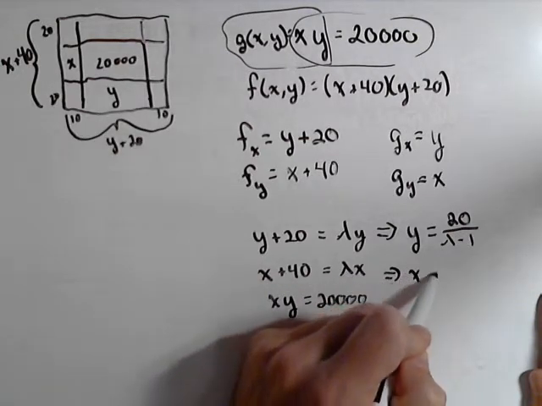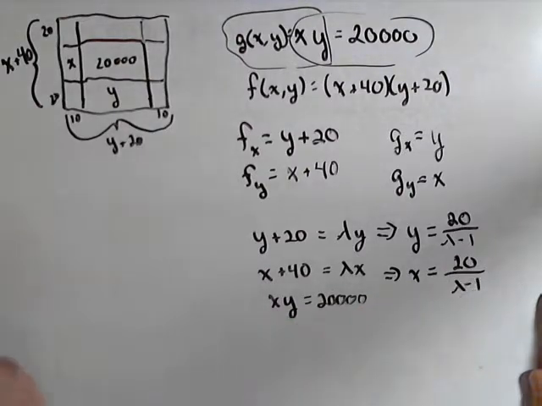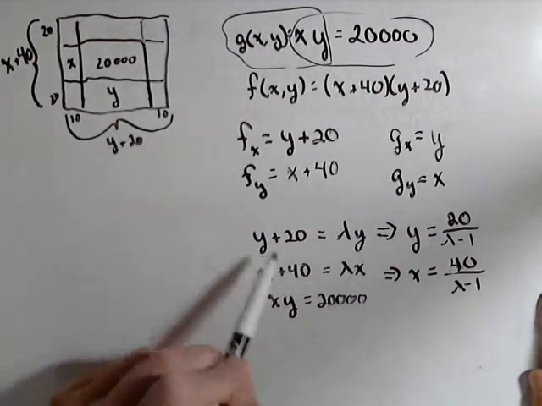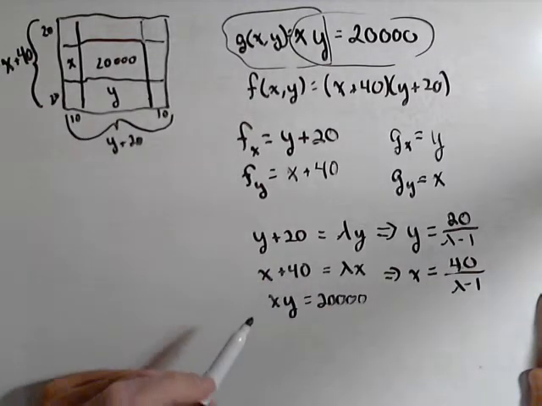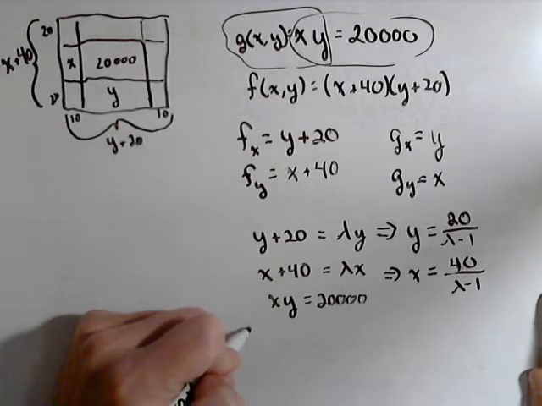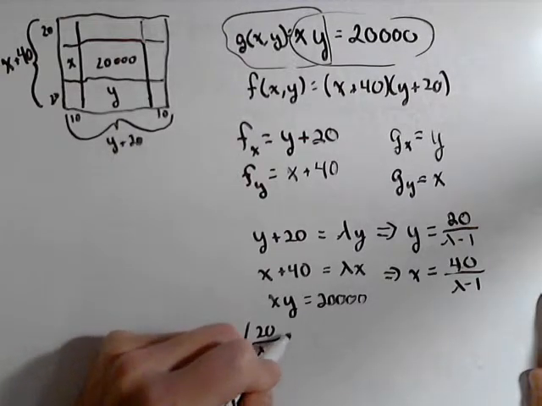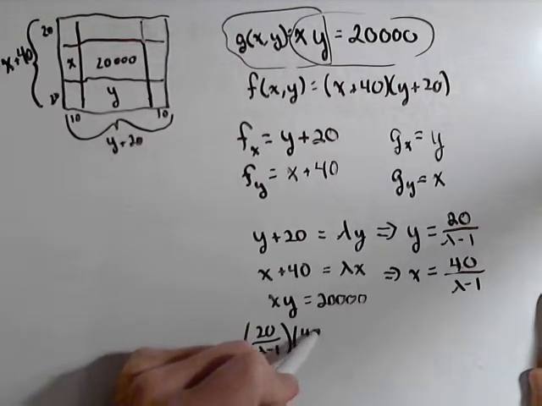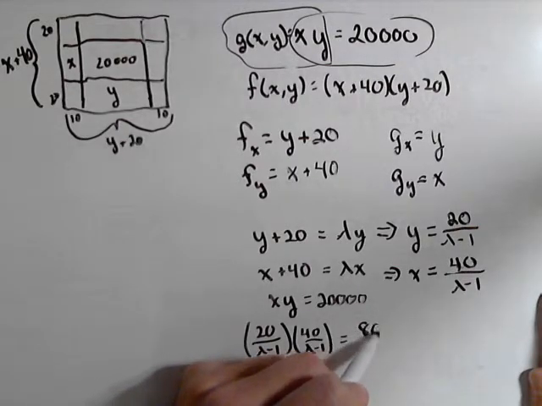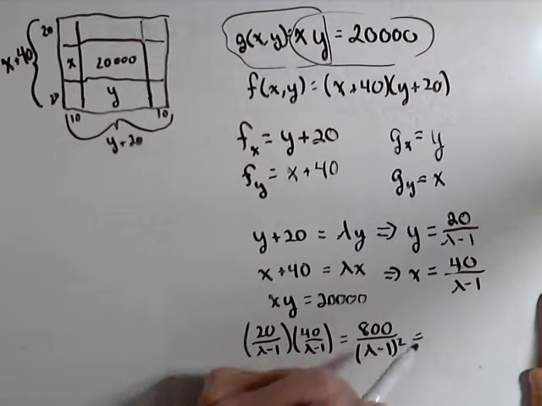Similarly, for x, we'd get, sorry, not 20, 40 over lambda minus 1. I'll leave that for you to check. That's what we get when we simplify those, and we'll plug those in for our x and y here, because that'll give us something all in terms of lambda. So 20 over lambda minus 1 times 40 over lambda minus 1, which is equal to 800 over lambda minus 1 squared,